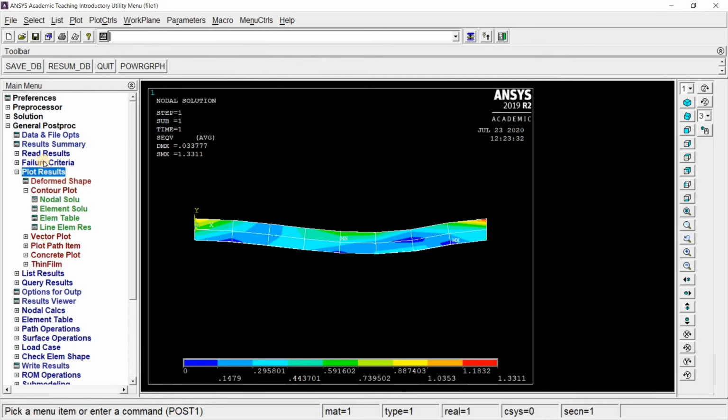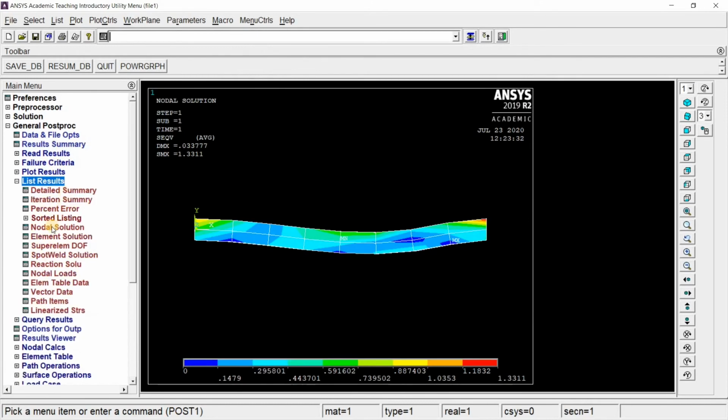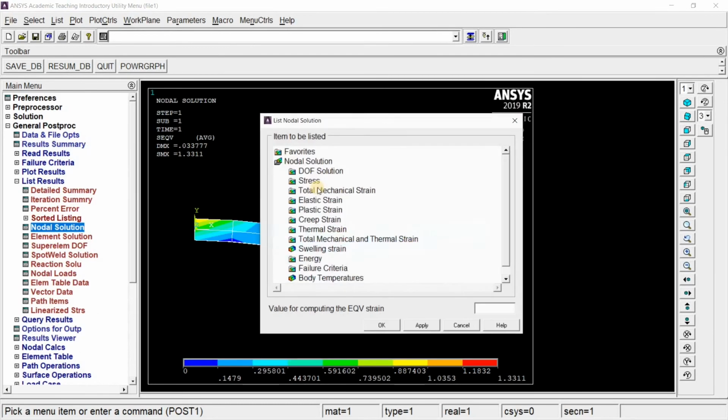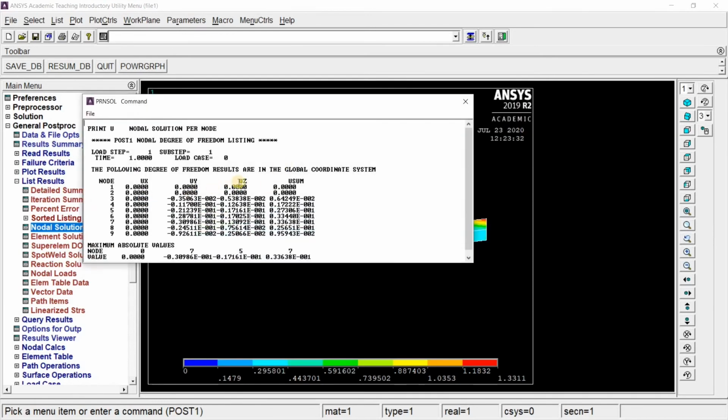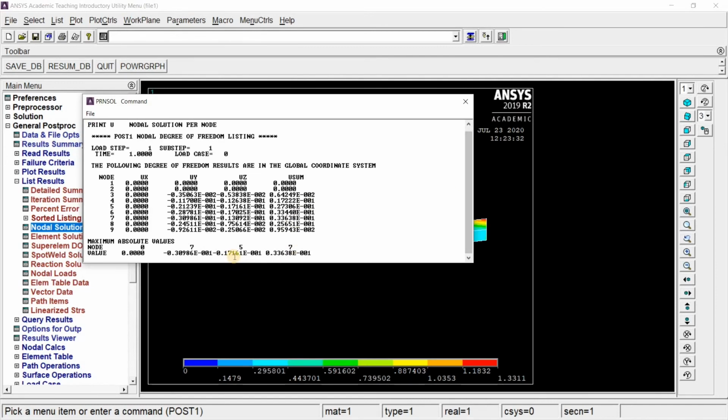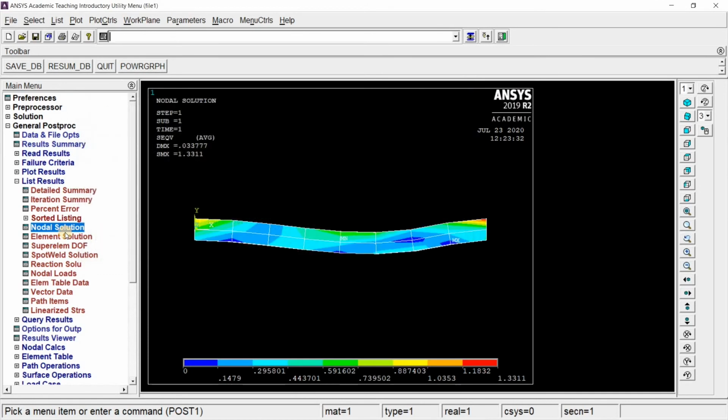Next we can go to list results. Under that we must go to nodal solution, select DOF solution and displacement vector sum. The displacement at each node will be displayed here, all three axes and displacement vector sum for all nodes. The maximum values will be displayed here. Now give close.